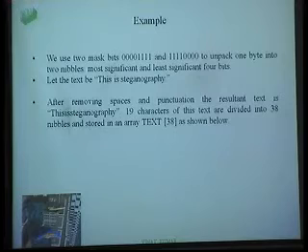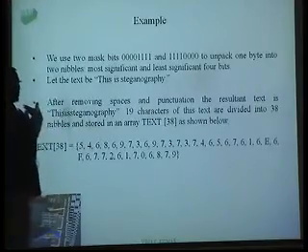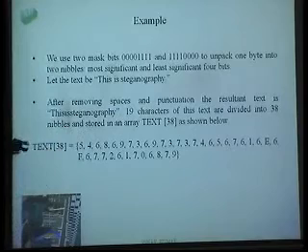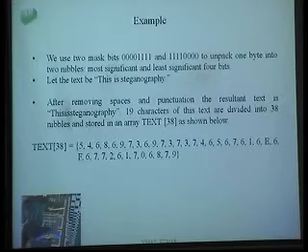This is going to be 19 characters. Each character will be divided into 2 parts, the leftmost nibble and the rightmost nibble, correct? This is 38, so the text 38 nibbles will be stored over that, correct? Now this is the value for this one. Once you find it out and test it, you will get it. This is the value for T. Once you divide it into the upper and lower nibbles, there should be nothing but 5 and 4: 5 for the leftmost and 4 for the rightmost. This will give you the ASCII code of T. So these are the values we are going to get over there.